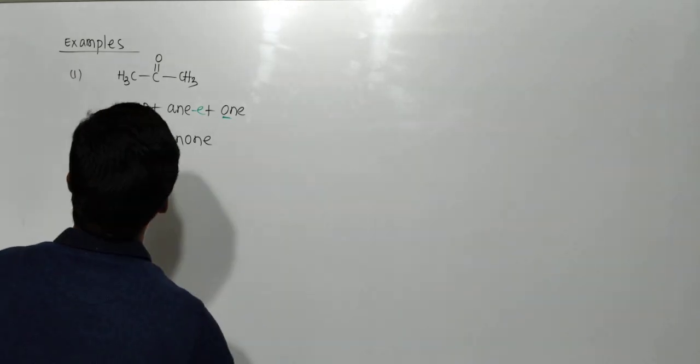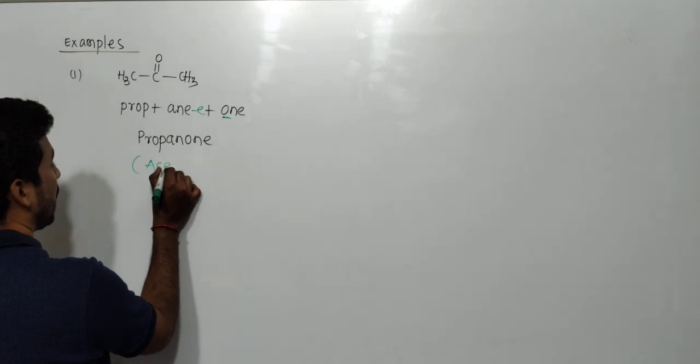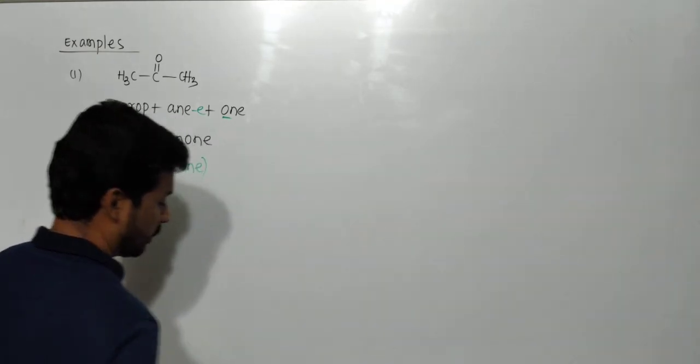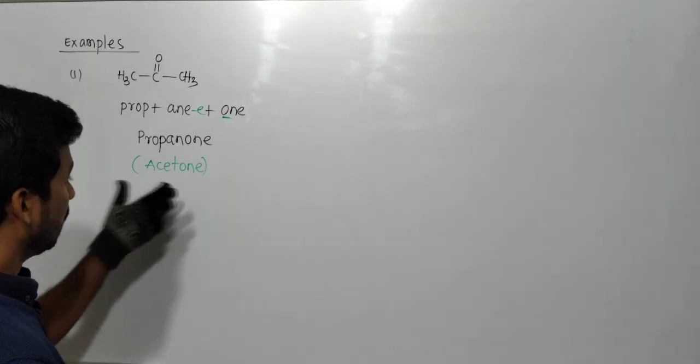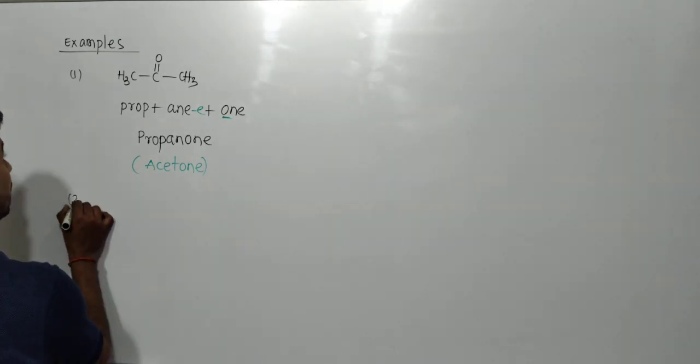For propanone there is a common name that is important, that is acetone. Acetone is a solvent for nail paint, that's why it is used as nail paint remover, nail polish remover. Next, second one,